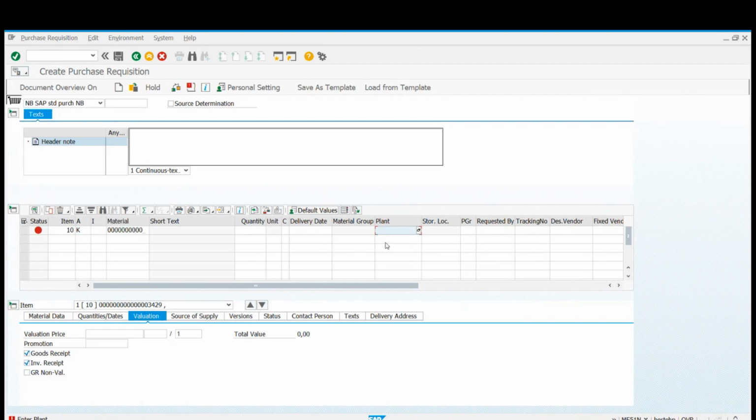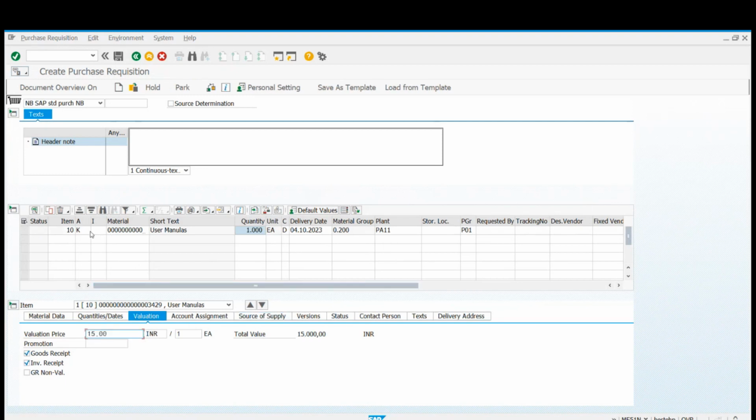So if you do not enter account assignment category in consumable material, system will give you error, will not allow you. So if I remove this K from here, cost center, you can see account assignment mandatory for material.